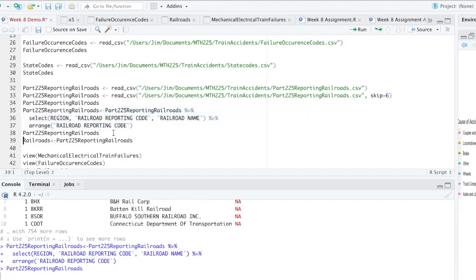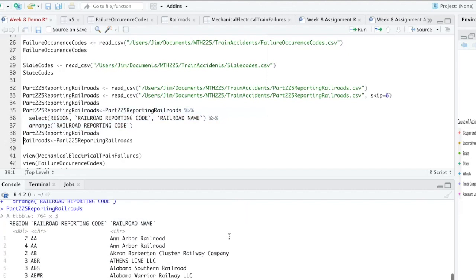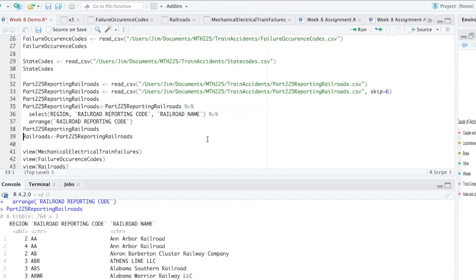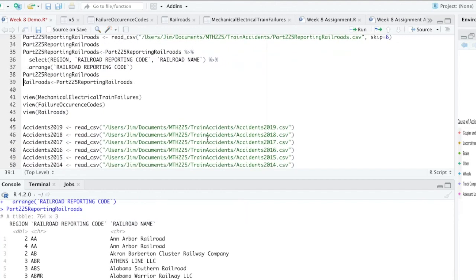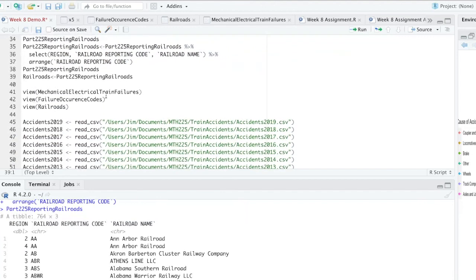And then if we run this again, you'll see now that that 4th column is missing. So do this with each one of your imported data files so that you know that it's in the tidy version format that we're interested in. All right, so you can view each one of these